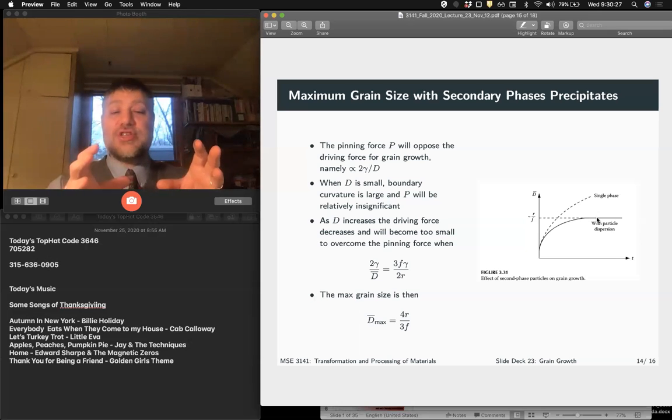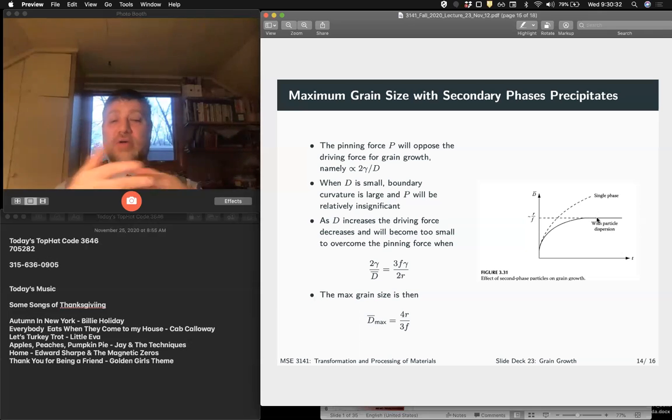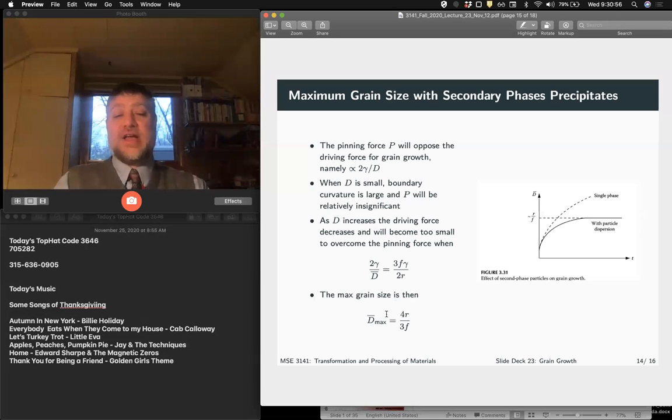And eventually, the driving force for curvature-driven flow is going to be too small to overcome the pinning force from the obstacles, right? So that means we're going to have a max grain size that's going to be related to the radius of our particle and the volume fraction of our particle, right? And this is a really useful rule of thumb, right? That our maximum average grain size is going to be 4/3 times R over F, our fraction,